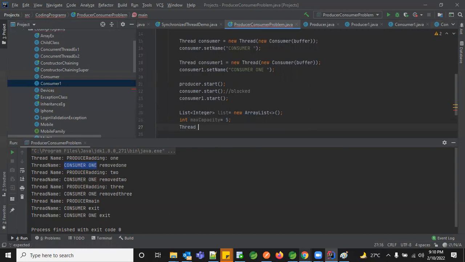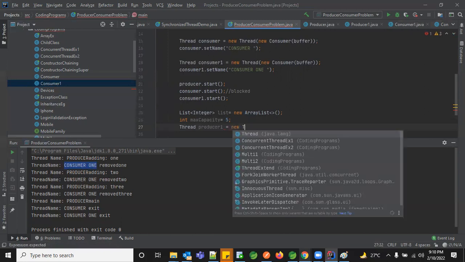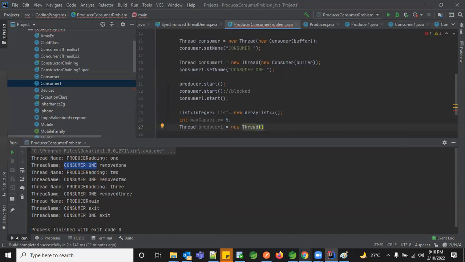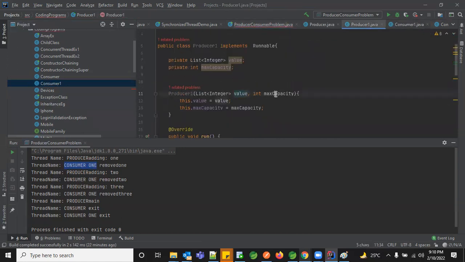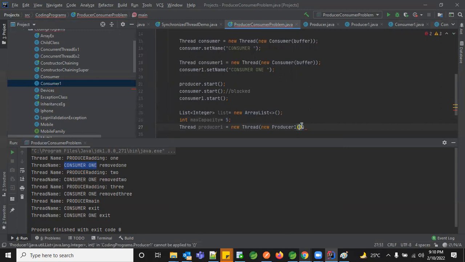So let's create the thread again. So this is producer 1 equal to new Thread, and within the thread, I need to create a new Producer 1 object and pass the parameters. For Producer 1, what are the parameters I need to pass? Value and capacity. So the value here is list and maximum capacity is this.